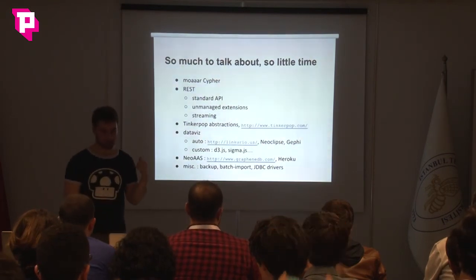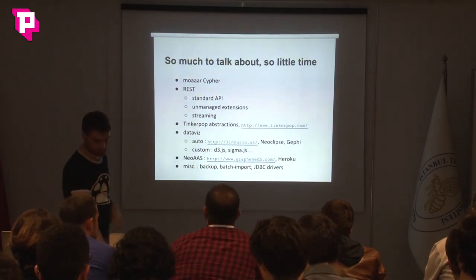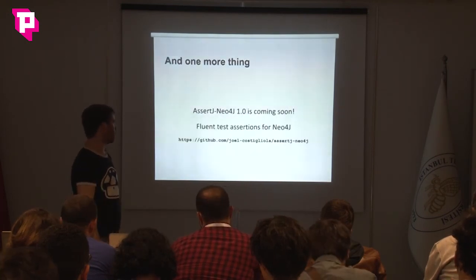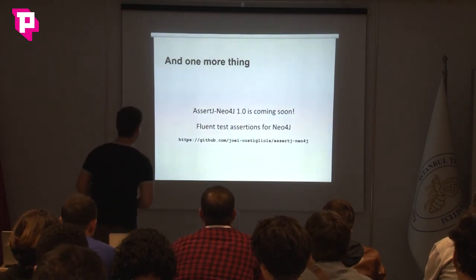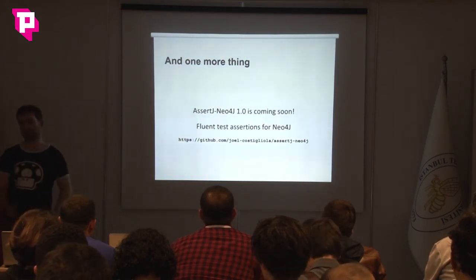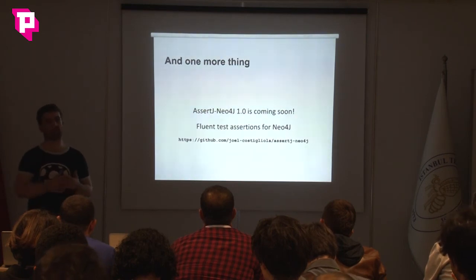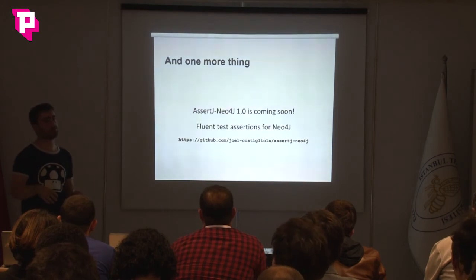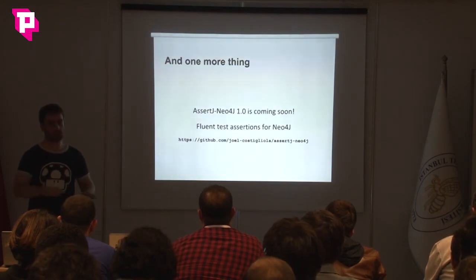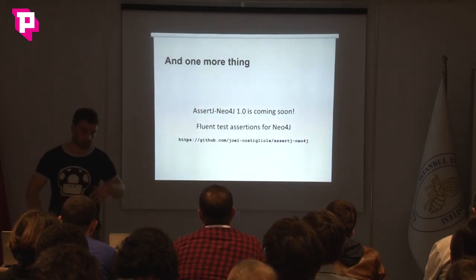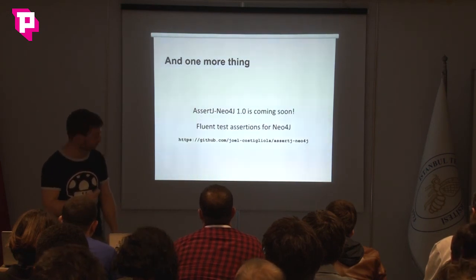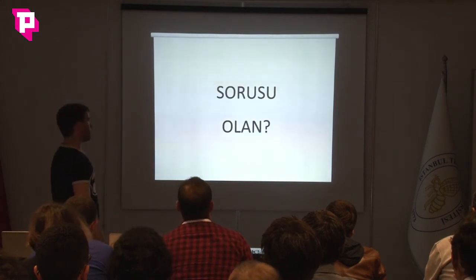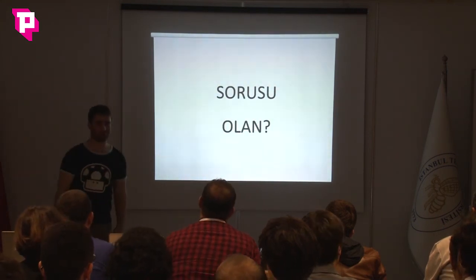Again, I showed Java examples, but the REST API also exposes the same capabilities, so don't worry, you have the same query language. Also, there is one small library I'm writing right now. Again, it's specific to Java, but it's for testing. It brings even more fluent test assertions. It is a fork of FEST-Assert, I don't know if you know it, a Java library. But anyway, it allows you to have even more readable tests, because testing is of course very important. And that's it. Do you have questions?